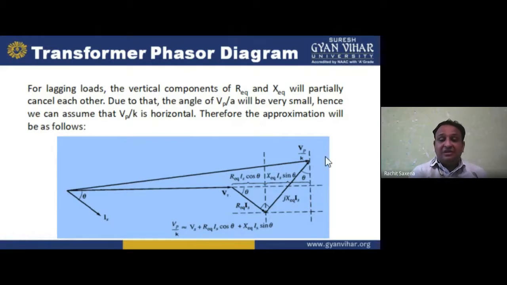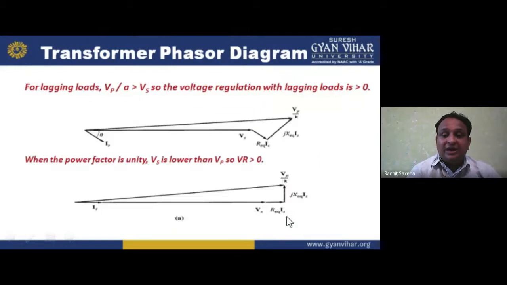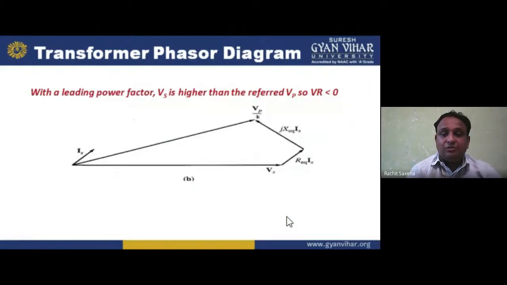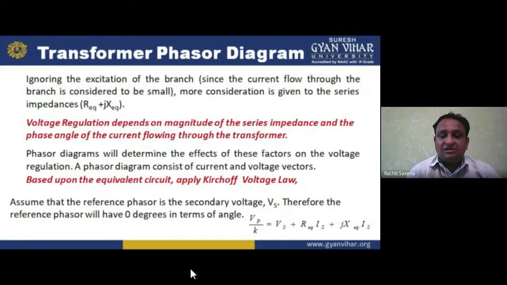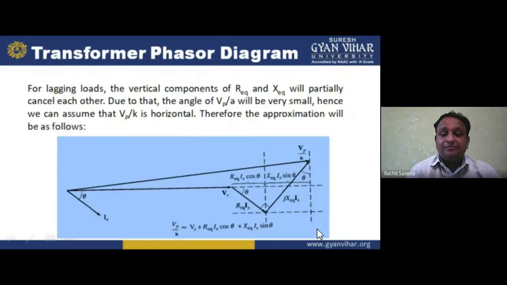In this, we have the values R equivalent Is cos phi and X equivalent Is sin phi, the active and reactive parts. So we can write Vp by K equals Vs plus R equivalent Is cos theta plus X equivalent Is sin theta. So here I am placing the value similar to that. Now see, this is the value we are getting. But in this, what I am placing here is the cos form of the R and the sine form of the